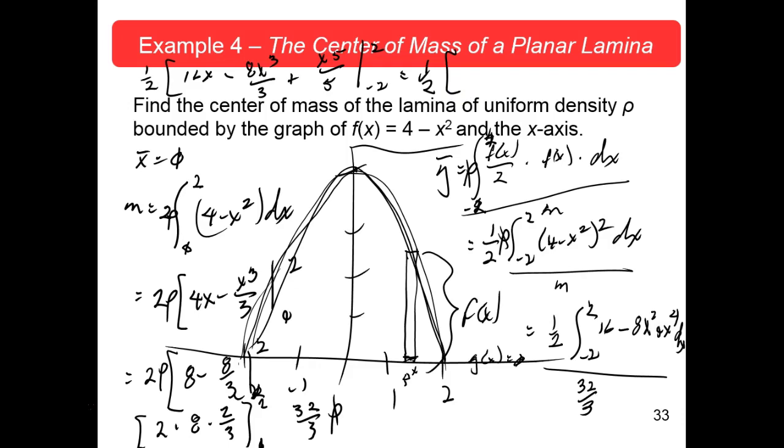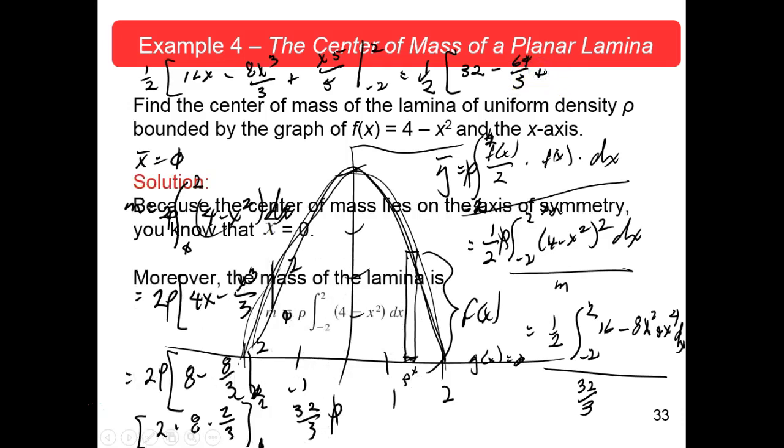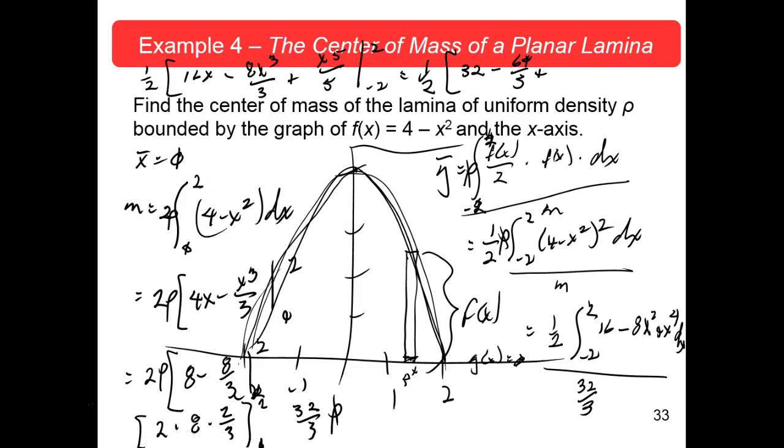All right. 16 times 2 is 32 minus 64/3 plus, I think that's 32/5, isn't it? Okay. That's plugging into 2. Now let's do the -2. That would be a -32. Those go out. But then you have